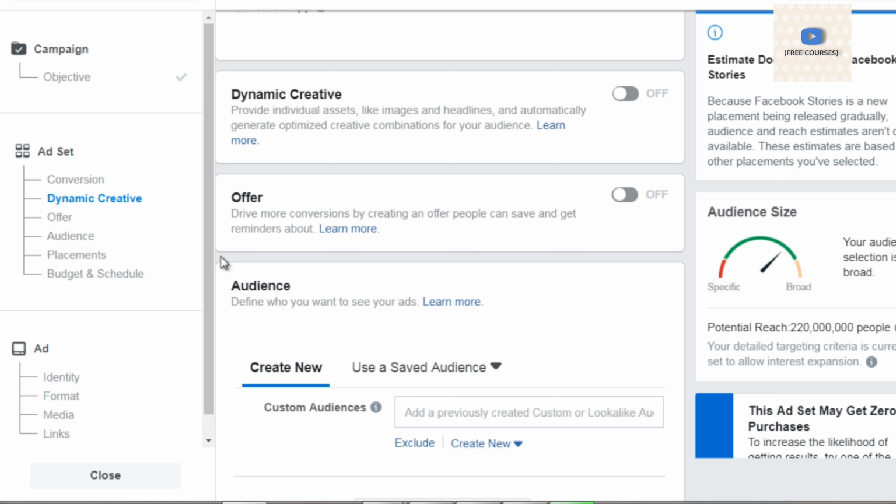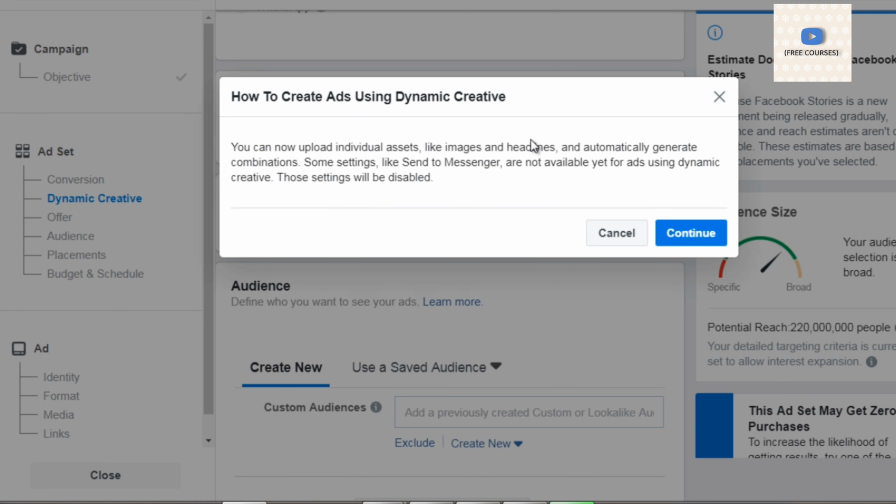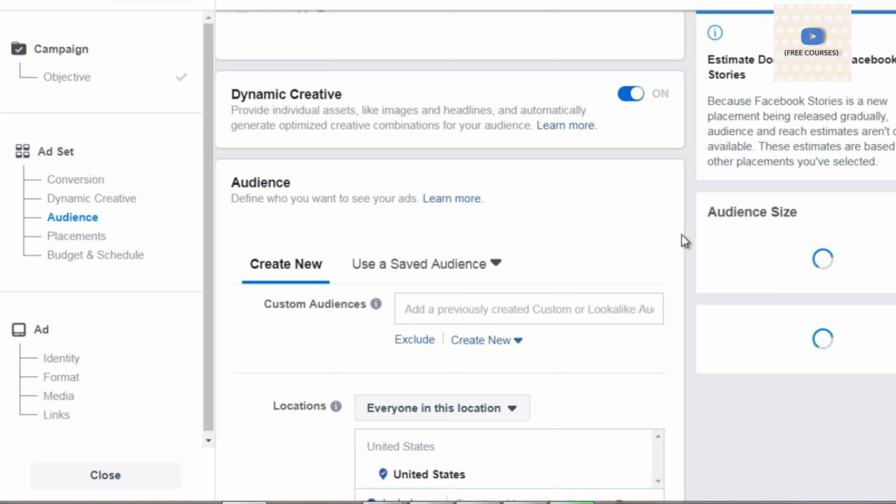It's going to run the ads, and it's going to figure out which text, which headline converts the best, which image converts the best, and it's going to run the traffic to that ad. So instead of you trying to figure that out, you allow Facebook's very smart algorithm to figure that out. So in order to do that, you would select Dynamic Creative and click Continue.